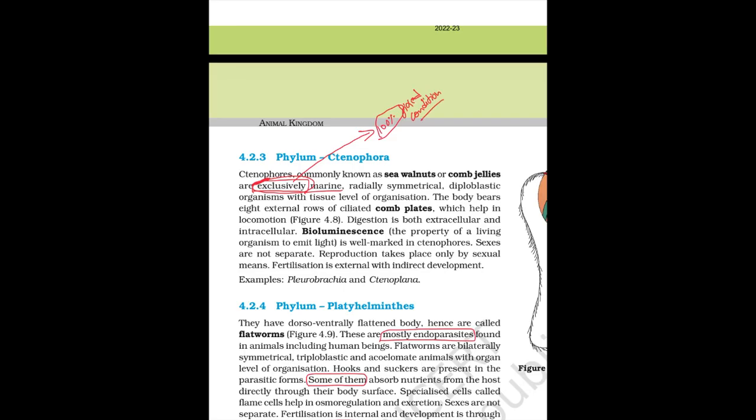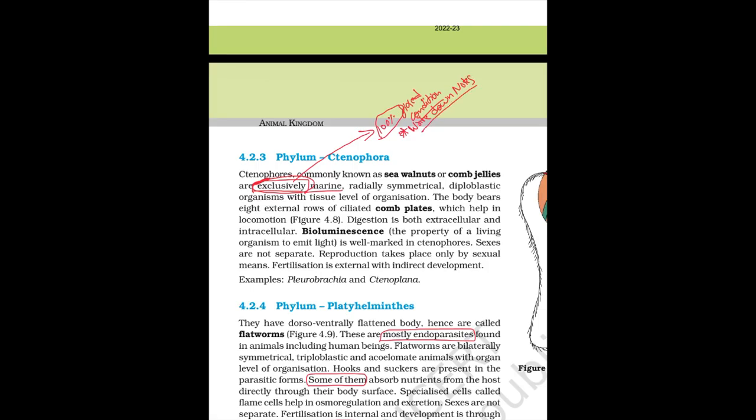Just like the previous example, if you find 10 animals of phylum Ctenophora in this world, on this earth, all 10 out of 10 have it. No exception, fixed condition, 100%. So you have to write this point. Generally, while matching the following questions, these kinds of points are asked. So write it down; this point should be in your notes.